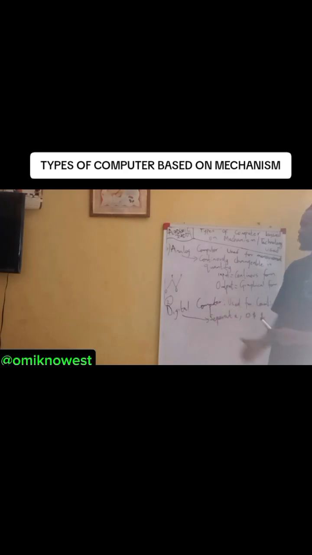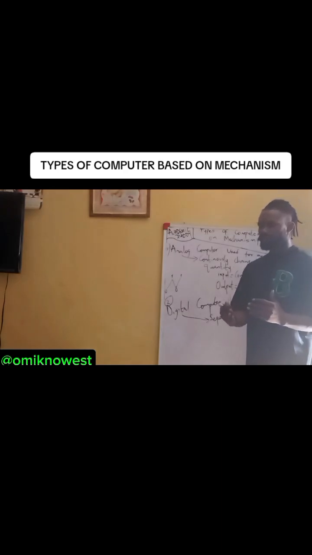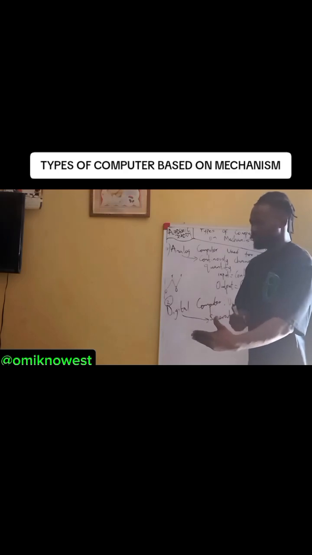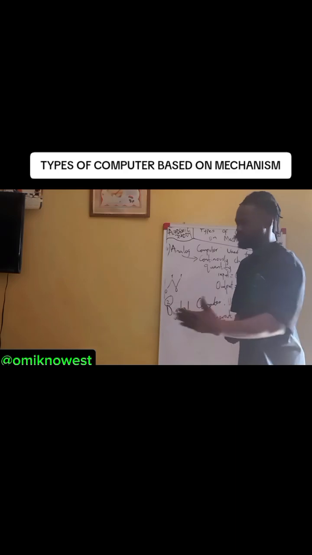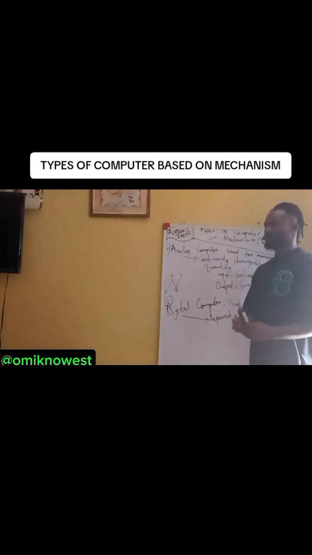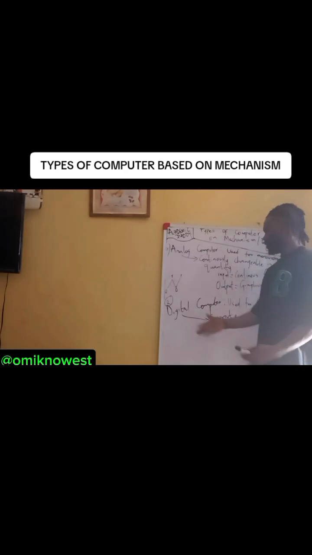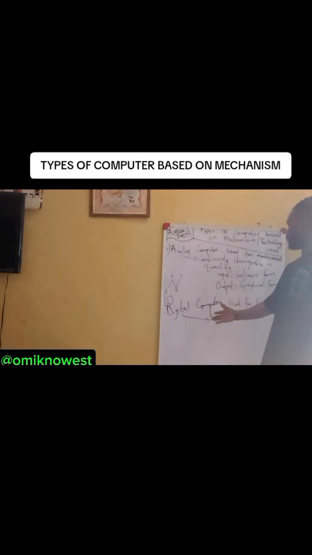So whenever you are using a digital computer, you need to have it in mind that this is a type of computer, in summary, that has to take inputs, then in split second process it, then give you outputs. So it has to do with counting. It takes time to give you output. So whenever you're assuming something of receiving and giving, that's the digital computer. So we define the digital computer as a type of computer based on the binary system of counting, that is the zeros and ones. And we say that this type of computer